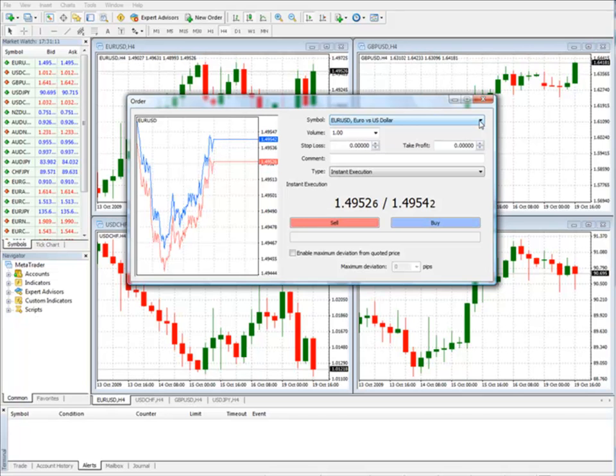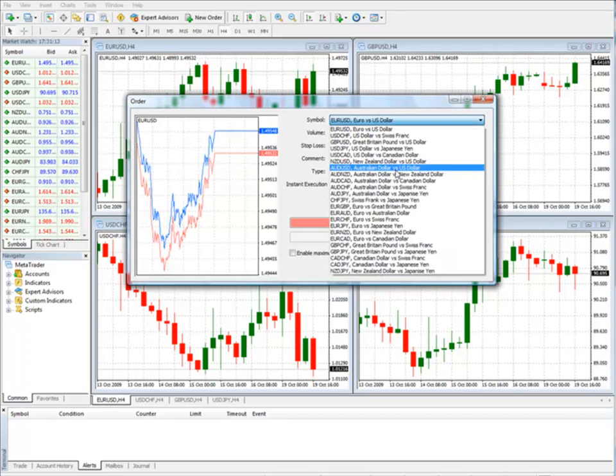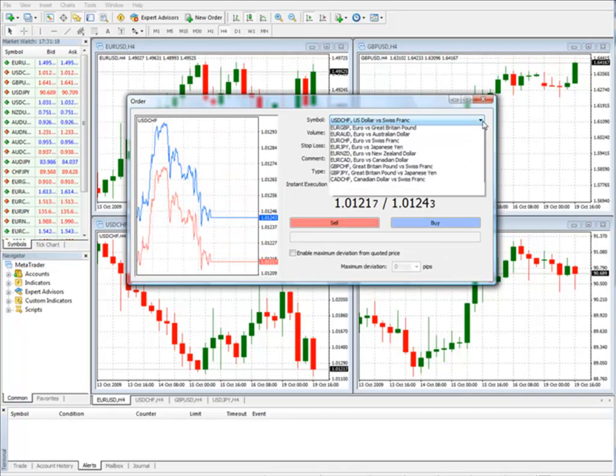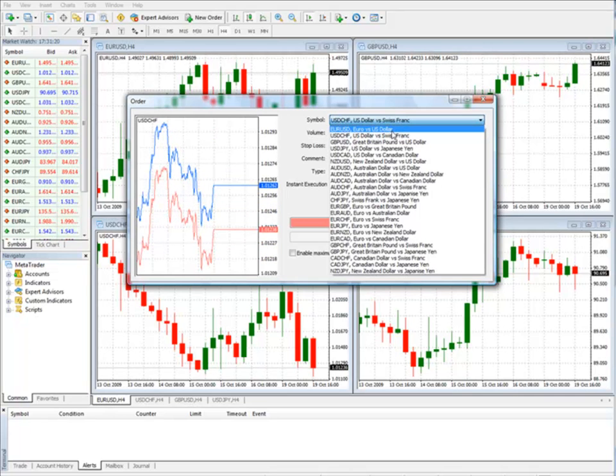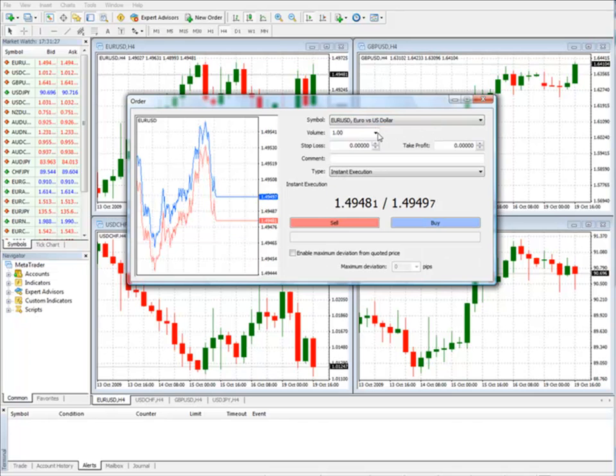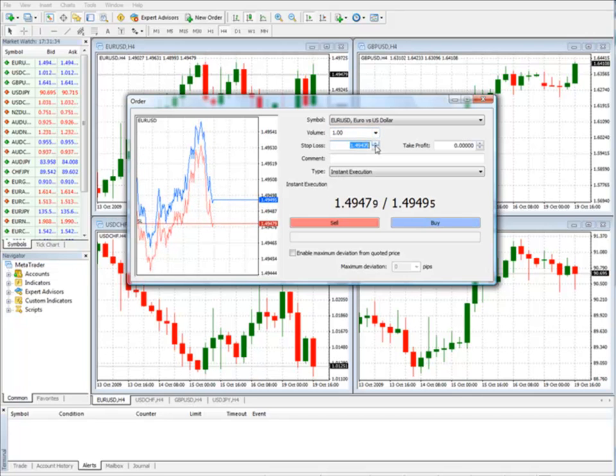Okay, so some of the other options here. Let's look. You want to change markets. There we go. Euro dollar, US dollar, dollar franc, pound dollar, whichever you are choosing to trade. Change the volume here. You can set your stop loss, and all you do is click on that and it goes close to the price that you're at. Now you're setting a stop loss for